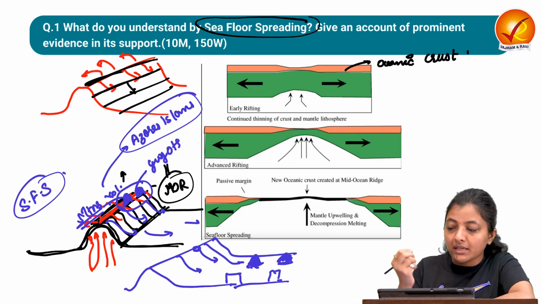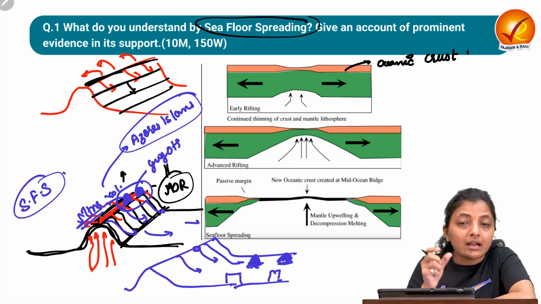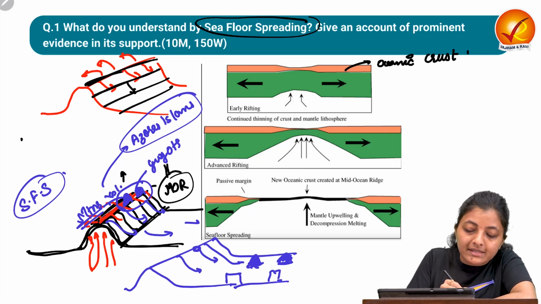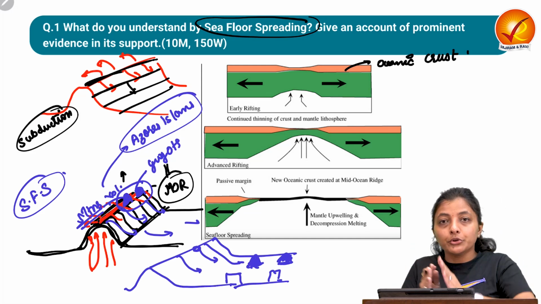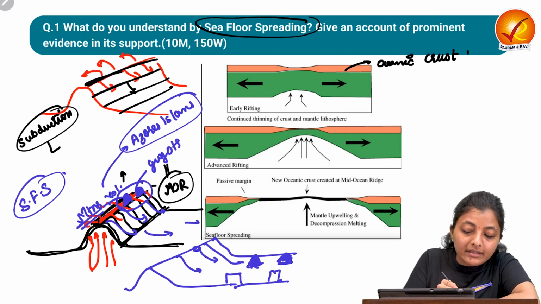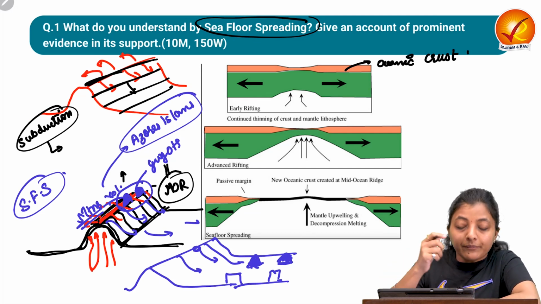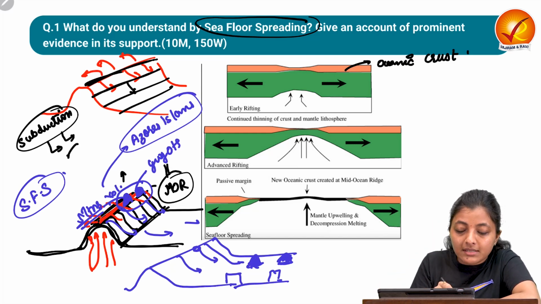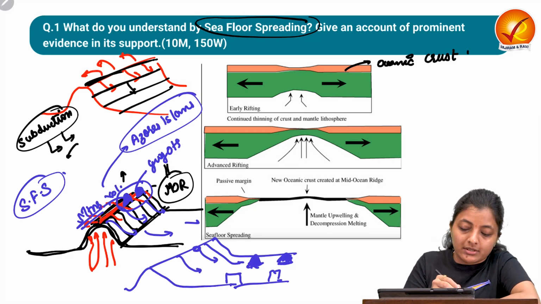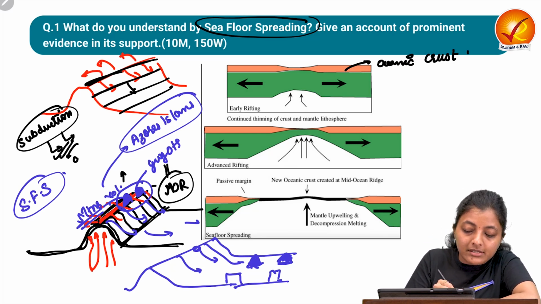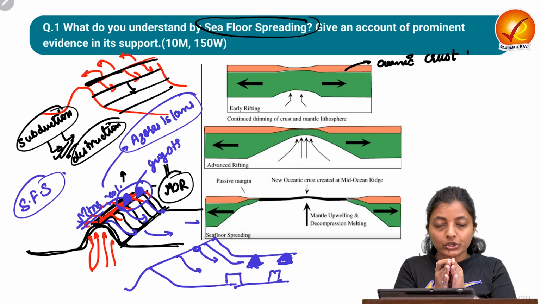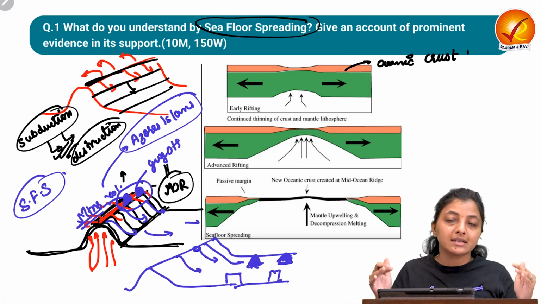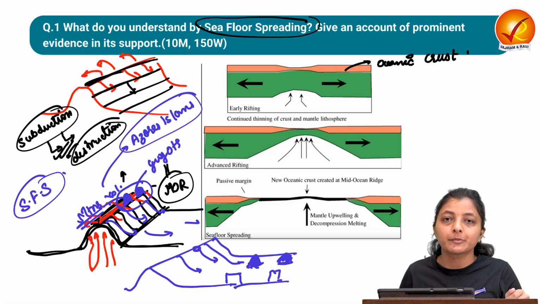So yes, after some time we got to know that there are zones of destruction also, that we call subduction zones. So at the mid-oceanic ridges, new ocean floor is getting generated, and at the subduction zone, through the trenches, through the subduction process, the older oceanic floor gets subducted or melted. So this is the destruction process. So at one place new oceanic crust is generated, and at another place it is getting destroyed. Now this is the seafloor spreading theory.